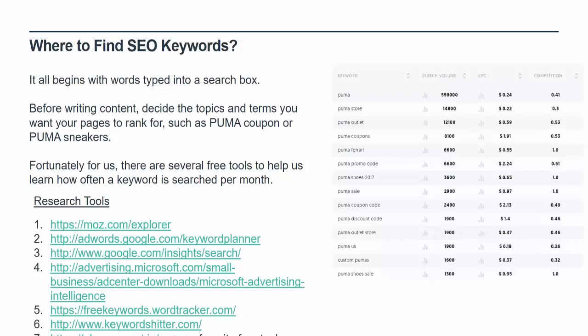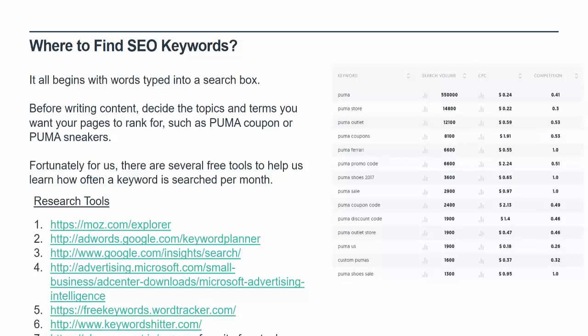So in this lower left corner of this slide, I give you 7 keyword research tools. You know, on the webinar, I really do want to say number 6, keywordshitter.com. Check that one out. You pretty much type in words, click go, and it does the verb that you're thinking it would for keywords. But number 7's my favorite. It's ubersuggest.io. Neil Patel bought Ubersuggest and added some really neat features into it.